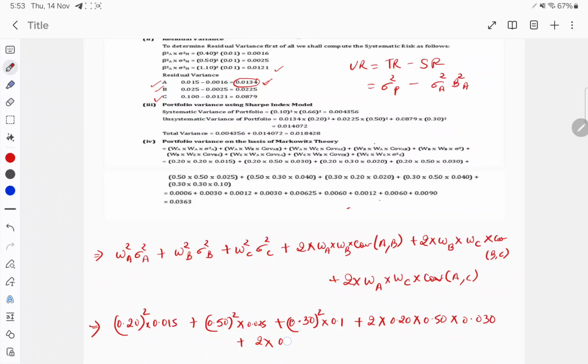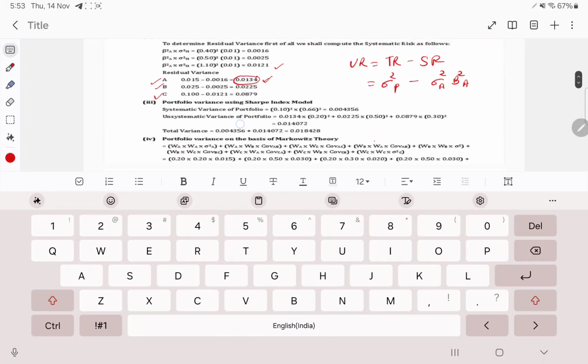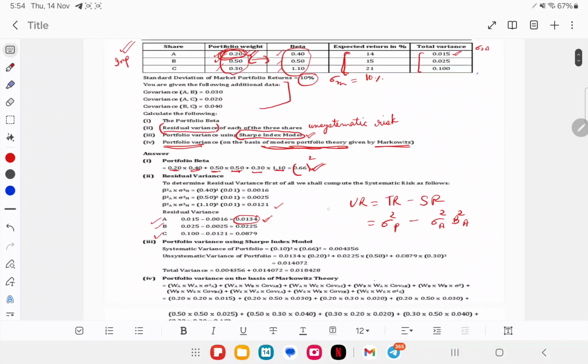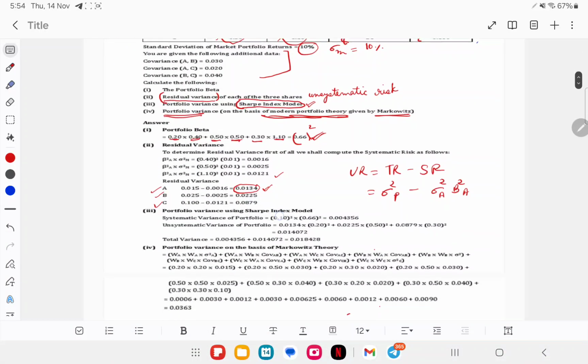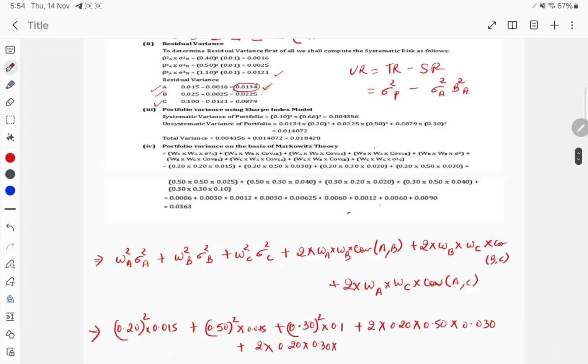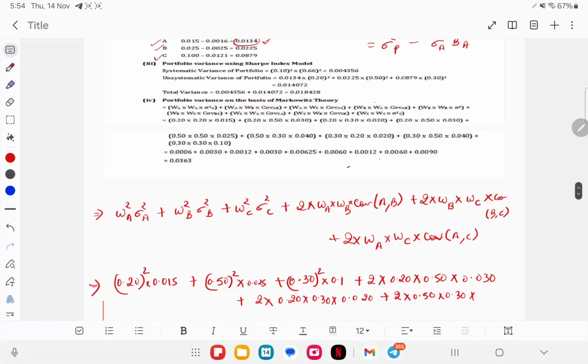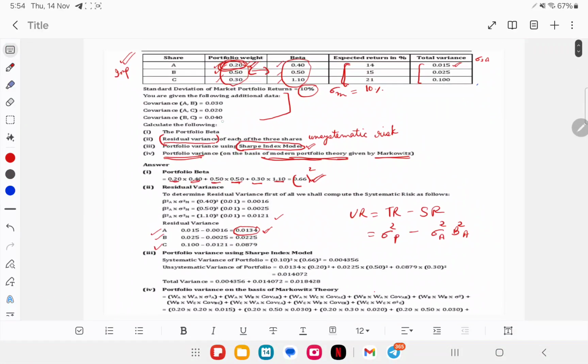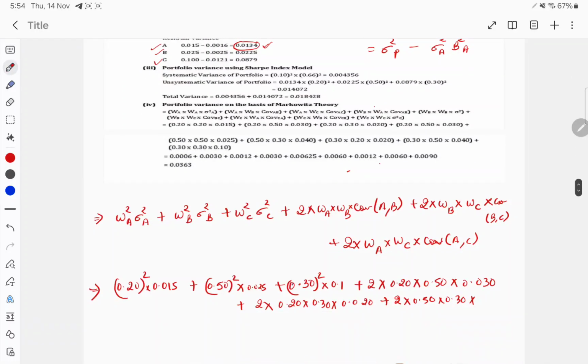A and C, it is 0.20 into 0.30, and the covariance was given in the question, which for A and C is 0.020. Now let's take B and C. 2 into weight of B is 0.50 into 0.30, and what is the covariance given in the question? It is 0.040. Okay, into 0.040. Now if you solve this, the answer will come to